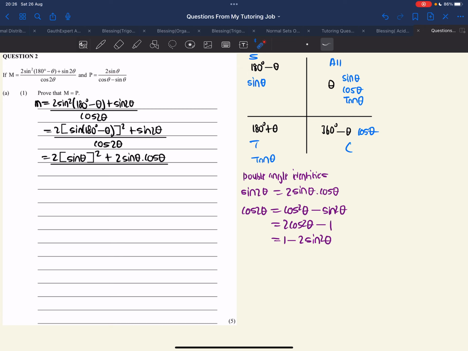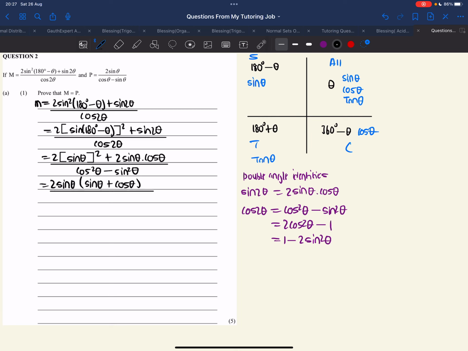So we pick cos squared theta minus sine squared theta. Then in the numerator, we can take 2 sine theta as a common factor, and we're left with sine theta plus cos theta, all over